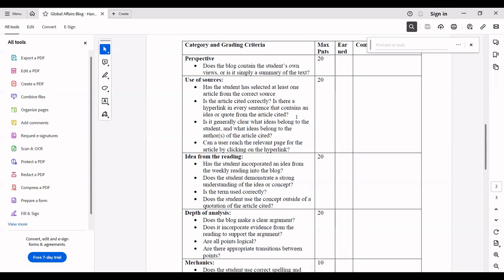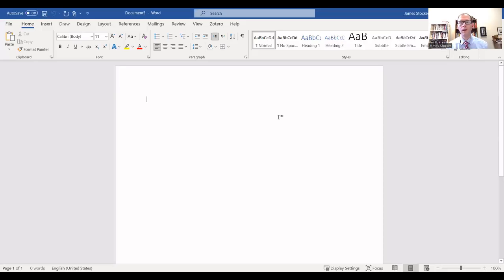You don't use footnotes or in-text citation. You use something called a hyperlink. So I'm going to show you now what a hyperlink is and how you create it. I am now going to show you how to create a hyperlink, which is the preferred form of citation for blog posts. In your word processor, type your sentence out, then get the web link ready. This will be the URL for whatever website you want to link in. Let's pretend it's www.cnn.com.